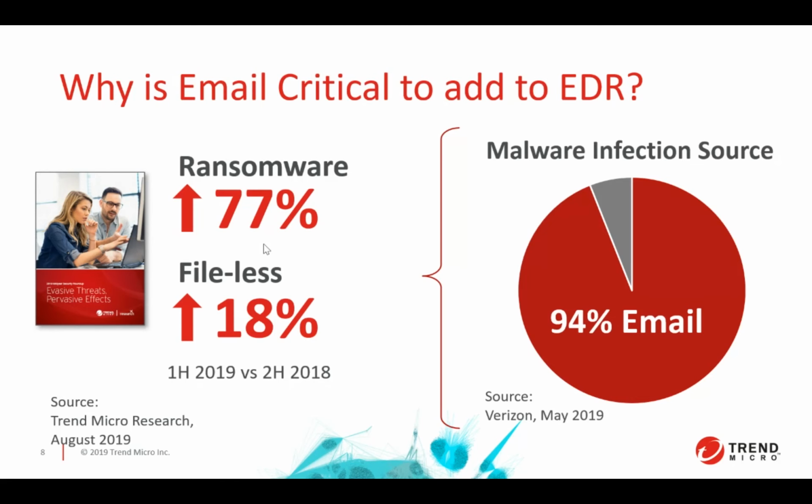And if you go deep, you will find out what the major source of attacks inside the mail is. For example, the phishing attack. It will lead to account takeover and malware propagation, and from there they will steal the credentials and everything. Ransomware attacks and fileless attacks are also increasing. There is some comparison given on the left side from the Trend Micro research team. In H1 2019, there was a 77% increase in ransomware attacks and an 18% increase in fileless attacks.